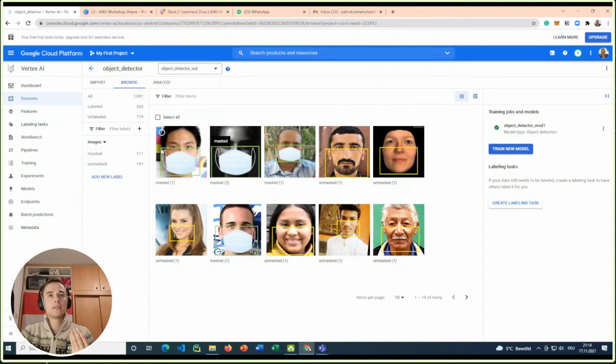So on one hand, we have the green bounding box signaling the masked class, meaning for every person who wears a mask, we have a green bounding box. And for every person who doesn't wear a mask, we have a yellow bounding box. In total, I have labeled 302 of these images myself. And I have made sure, of course, to have a balanced dataset. This means that I have roughly as many masked examples as unmasked examples,